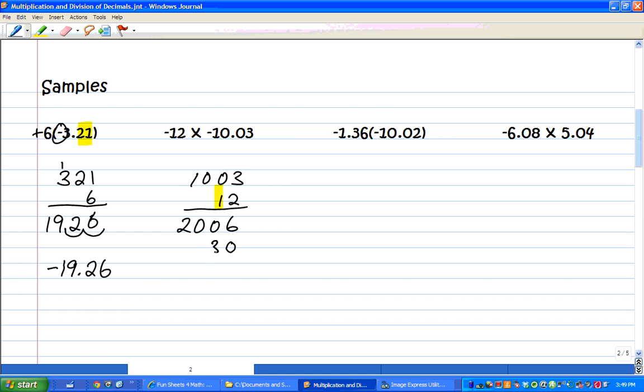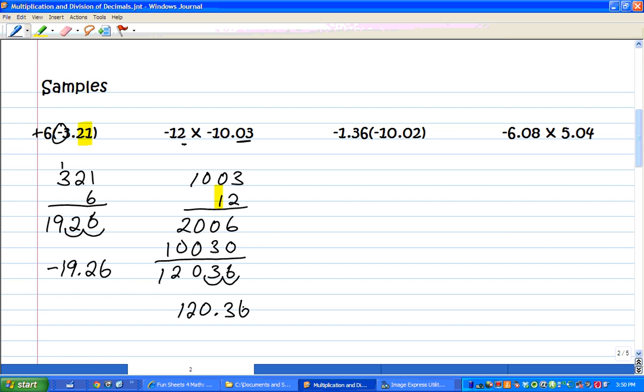1 times 3 is 3. 1 times 0 is 0. 1 times 0 is 0. 1 times 1 is 1. And then I add all this up. I get 6, 3, 0, 2, 1. Then I go back up to my problem and I say, all right, I have 2 digits to the right of the decimal. There's none over on this one, so I'm going to move the decimal over 2 places. The answer is